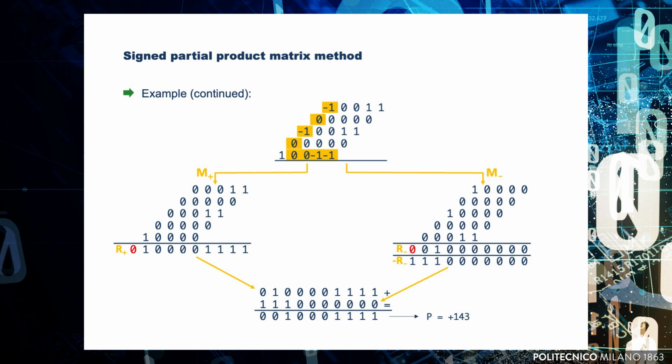Finally, we compute the final subtraction step in 2's complement. In the hardware implementation of this method, the module does not need to explicitly compute the sign, since, as shown in the example, it is known a priori which submatrix each element belongs to. This allows the use of standard AND gates to compute the bitwise product and enables automatic separation into the two